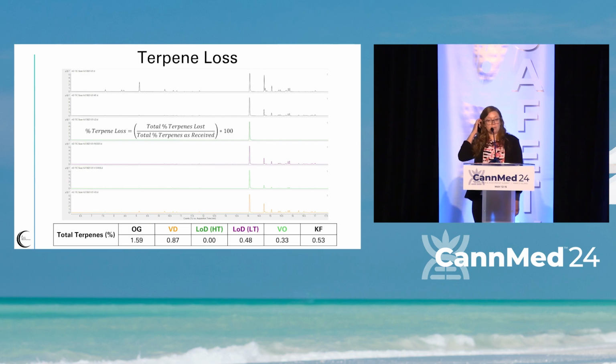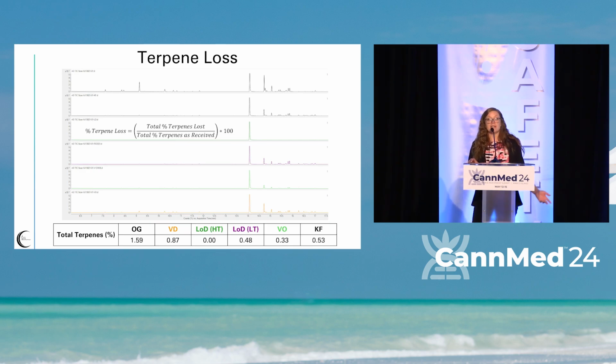So next we wanted to look at terpene loss and wanted to understand what that impact may be on the samples as well. So we analyzed for terpenes, again, a very similar procedure where we looked at the original as received terpene content, and then we measured the terpene content after analyzing via each of these methods. And what we can see here is that we started out in this sample specifically with about 1.6% terpenes. The vacuum desiccation sample resulted in having remaining terpenes of about 0.87%. The loss on drying at high temperature had absolutely no terpenes left. The loss on drying at low temperature had about 0.5%, the vacuum oven about 0.3%, and the Karl Fischer about